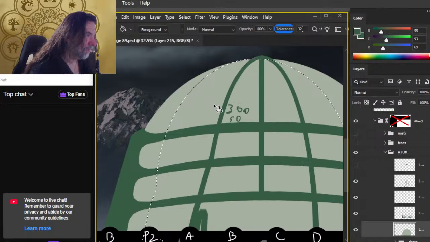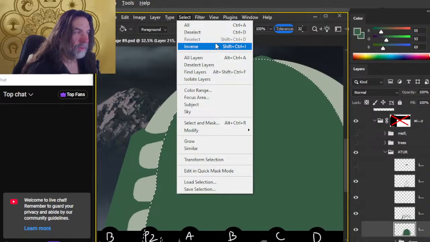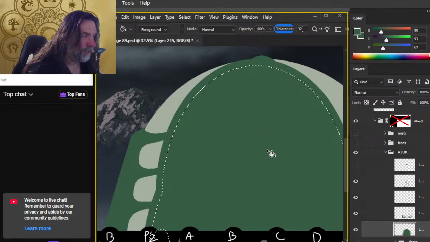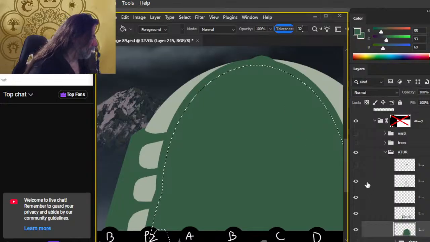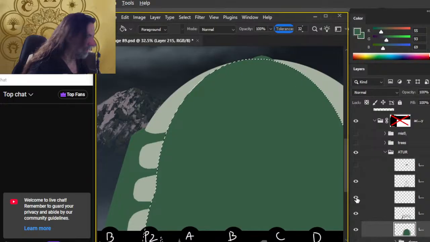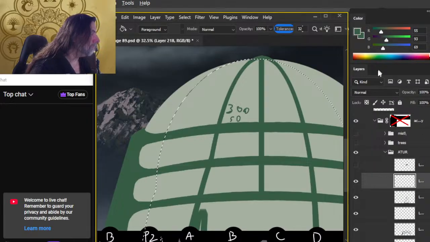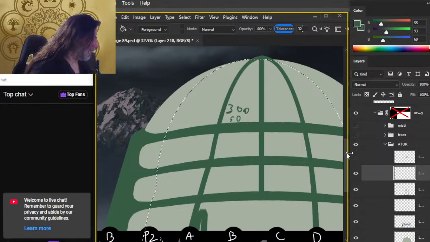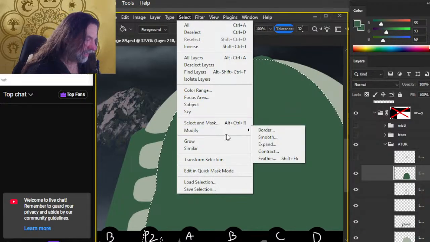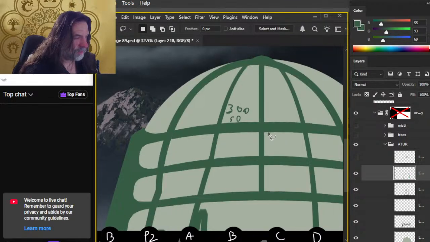No, we want to be here, and we want to go like this, and then we want to select, and we want to modify the selection, contract by 50. Oh, I did this completely wrong. Let's go to here. Book this like that. Now we fill that in. Now we go to select. Now we go to modify, and we go to contract by 50, delete, and now we go to